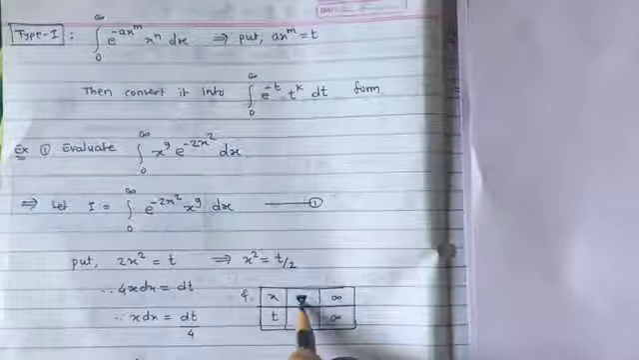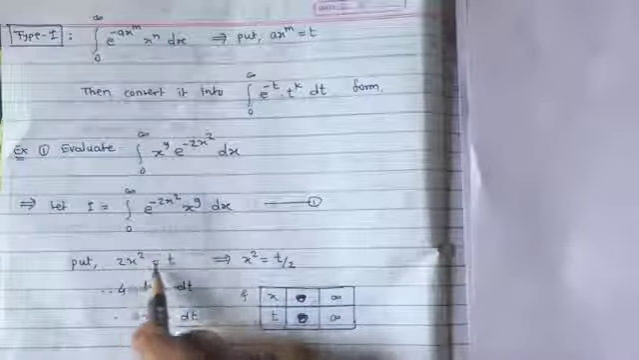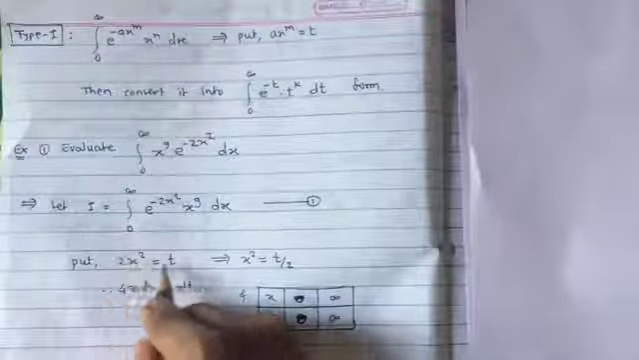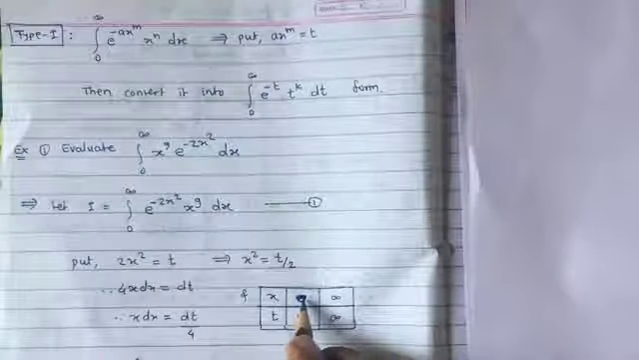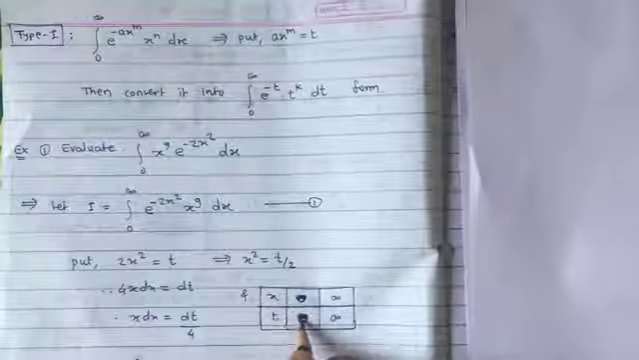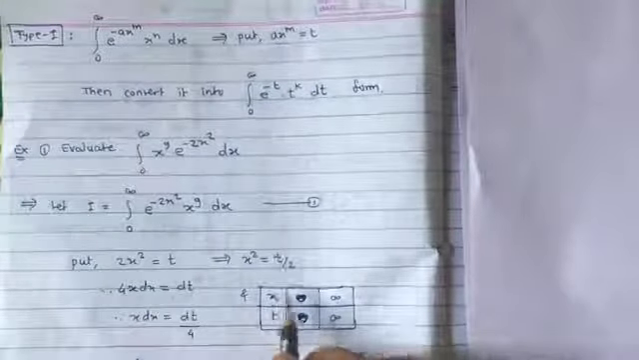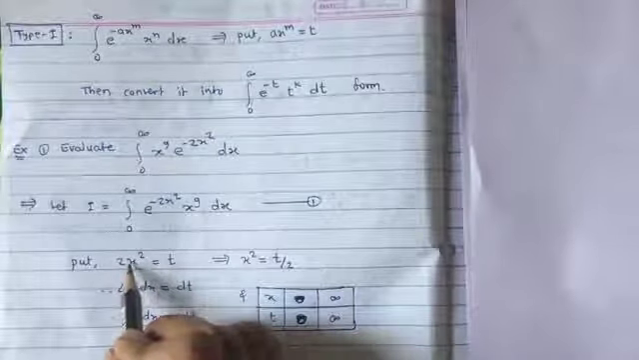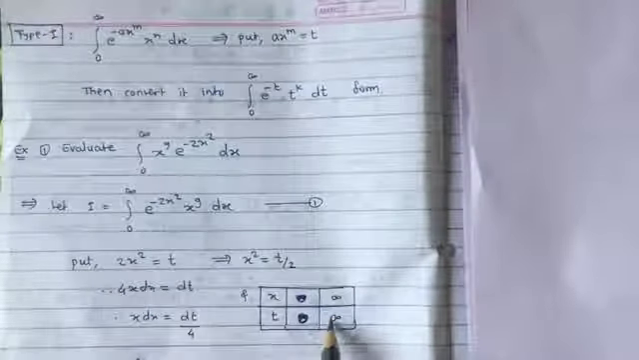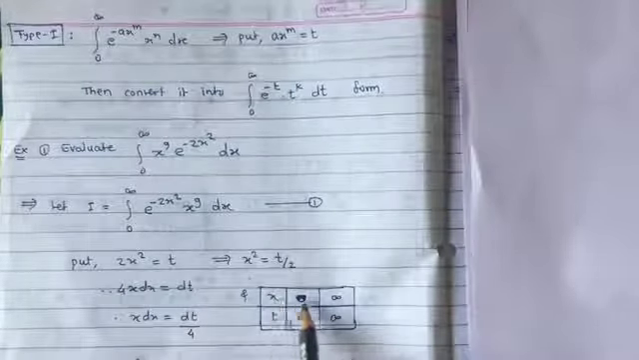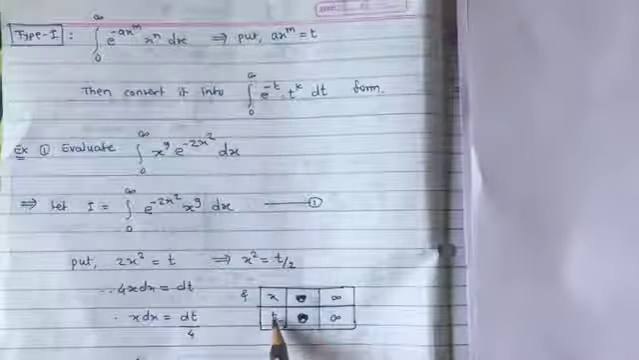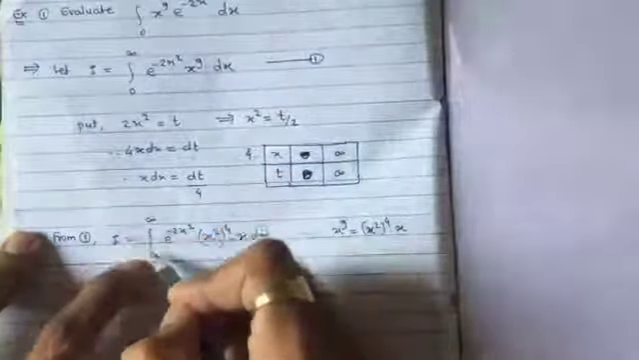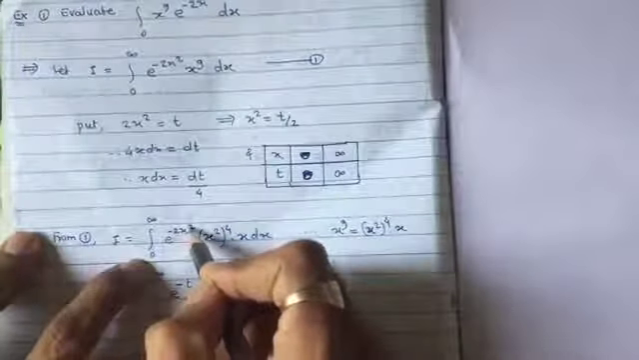Suppose x is equal to 0. Now put this value in this equation: 0 into 2 is 0, so t is equal to 0. Therefore if x is equal to 0, then t is equal to 0. Similarly, if x is equal to infinity, then t is equal to infinity. So x from 0 to infinity means t also from 0 to infinity. From equation 1, I is equal to the integral from 0 to infinity of e raised to minus 2x square,